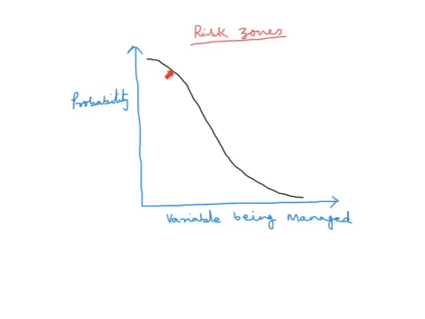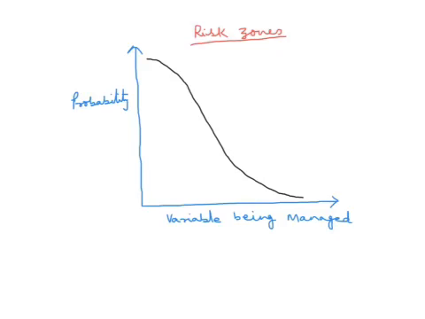Here in this part, we see that an increase in variable value is reducing the probability very slowly, while in this part, an increase in variable value is getting the probability down very sharply. Once again, when the variable reaches this level, that is on the higher side, again the probability of risk happening is reducing slowly. This is a very common phenomenon in risk management, that the probability of risk happening will be changing fast or slow in certain zones.